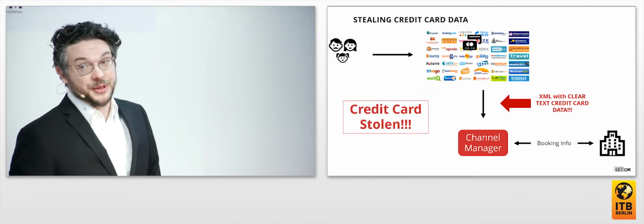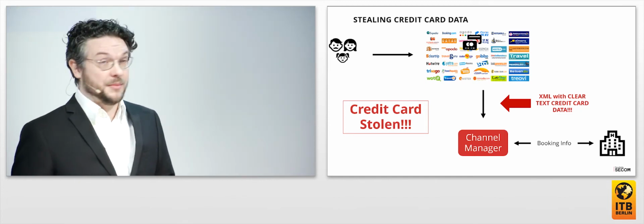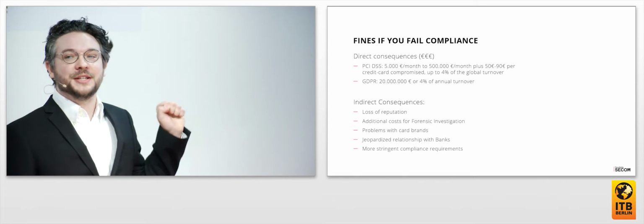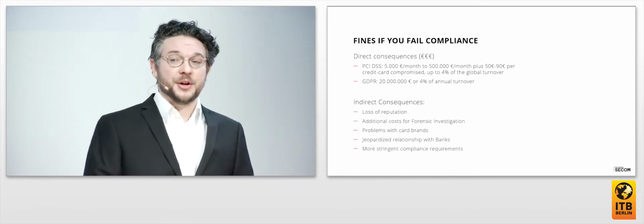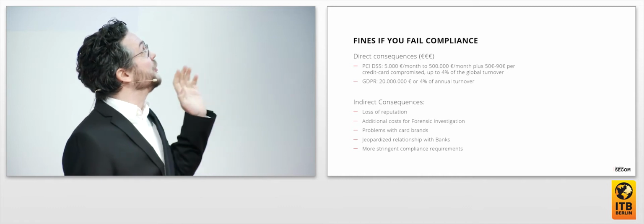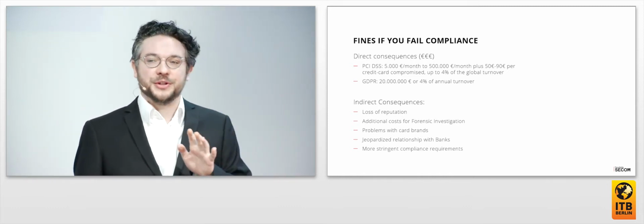And your credit card would be stolen. And they have big value on the black market. So if this happens, what are the fines that you would face? There are basically two types. Direct consequences, immediate fines. For PCI DSS, it can be from 5,000 euro per month to 500,000 euro per month,